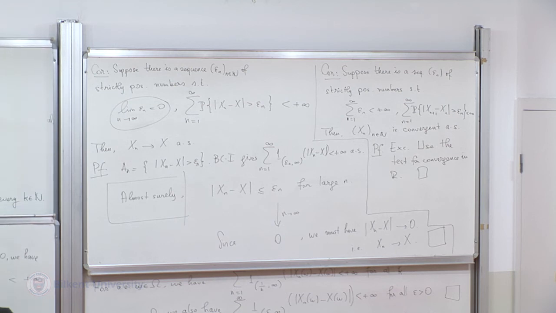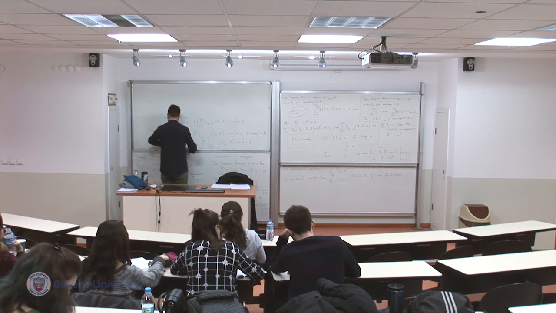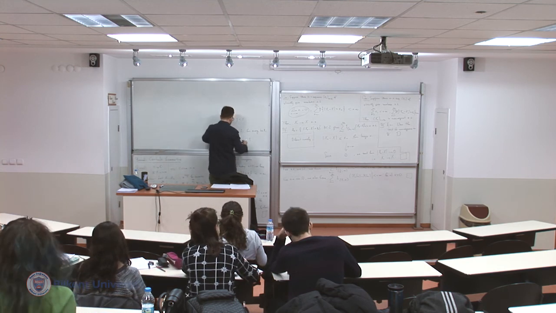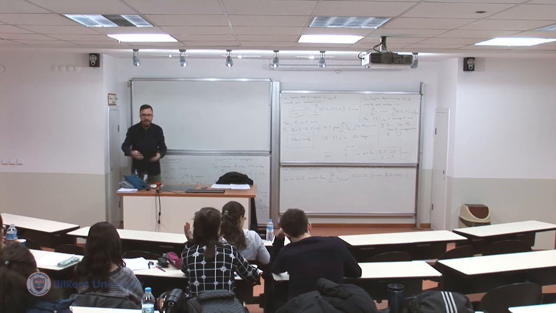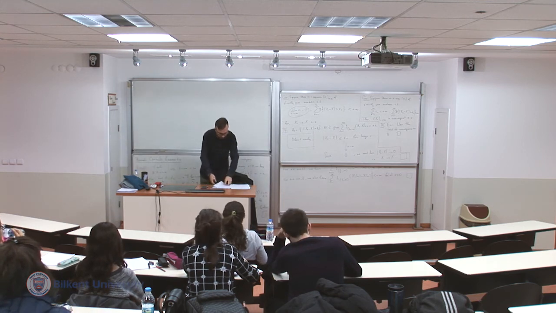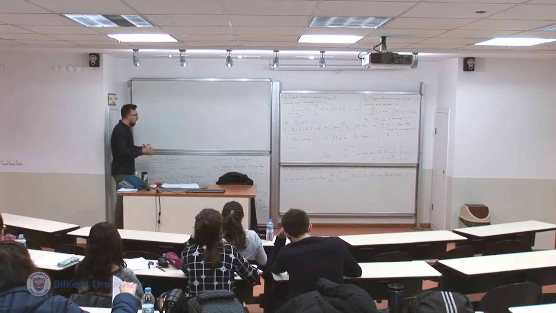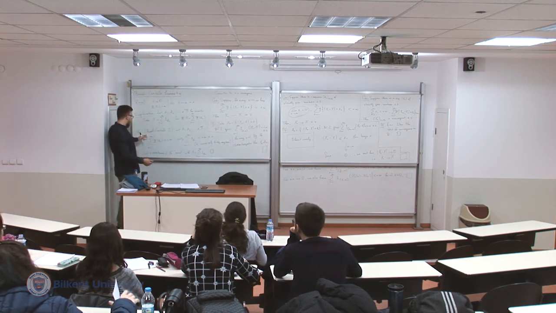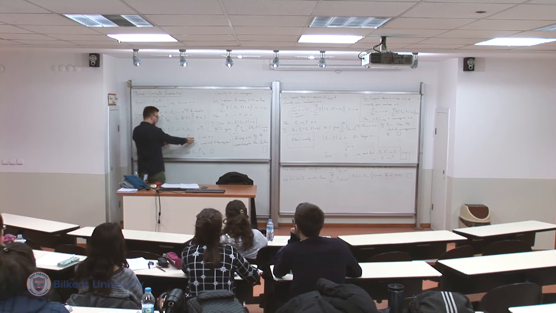And so that is it about the consequences of Borel-Cantelli number 1 for almost sure convergence. And we are done with almost sure convergence. But there is a second part of Borel-Cantelli, which is interesting for its own sake. So I cannot just skip number 2, because it's also a famous partial converse. So if you look at Borel-Cantelli number 1, this says that if sum of the probabilities is finite,